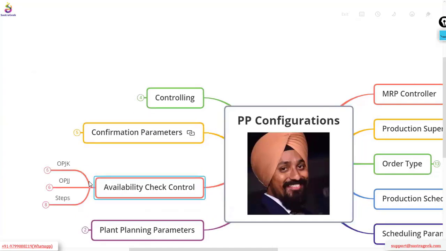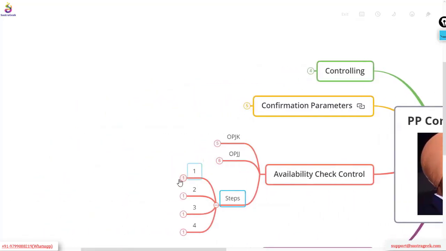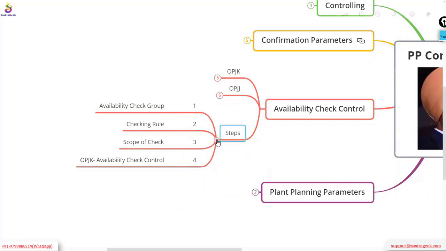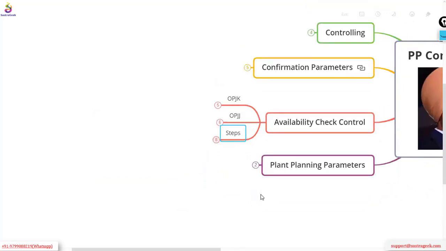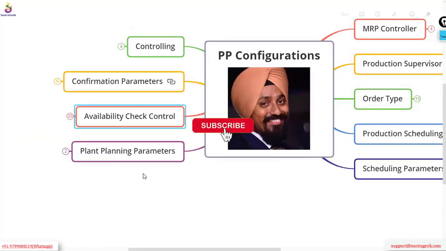Availability check control. What are the things we need to do step by step, how the availability check control needs to be set up. In the different steps, what you need to do first, second, third, all the things have been explained here. So these kinds of multiple mind maps are there, which will help you to become an SAP PP consultant to